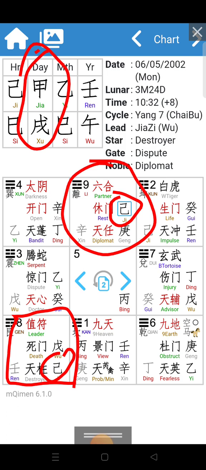So this is how interesting it is, from a surface level, how Qi Men Dun Jia can see a person's destiny. And of course, Qi Men Dun Jia is not just this. It has a lot of other layers, whereby if we go even deeper and deeper, we'll be able to see many things that will leave you astonished, surprised and delighted, or maybe sad. But